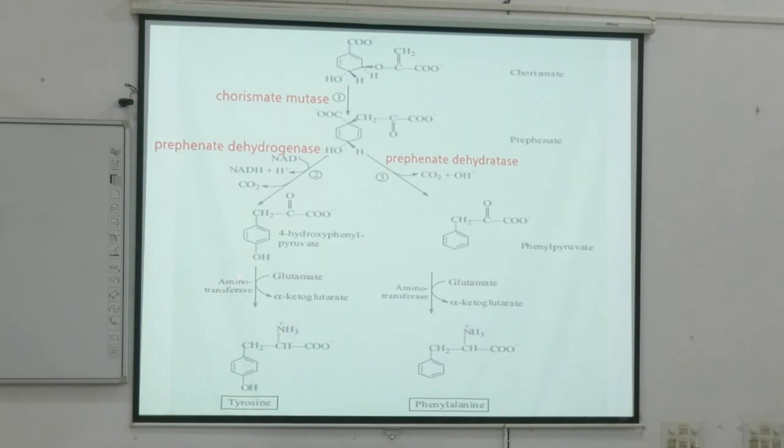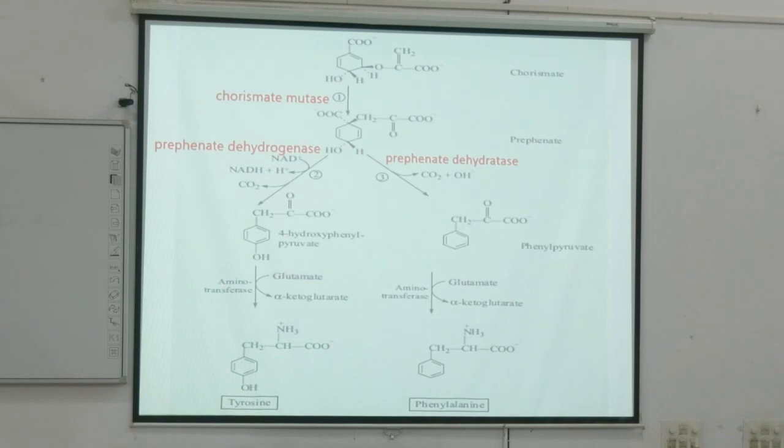See, the difference between tyrosine and phenylalanine is just the OH at the bottom. So, in order to come through this path, instead of dehydrogenating it and removing the CO2, it removed the water molecule as well. That is why you do not have this OH. And this is your phenylalanine and this is your tyrosine. Put an OH on phenylalanine and you get tyrosine. That is why it is non-essential. Are we clear?